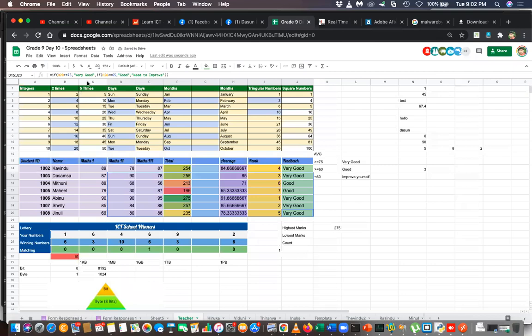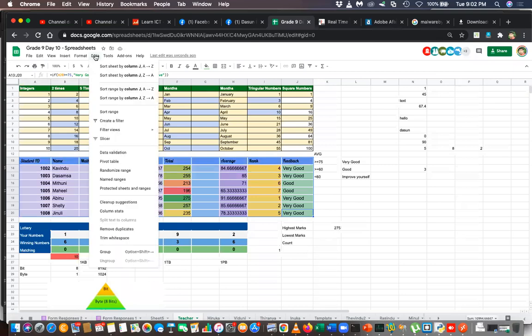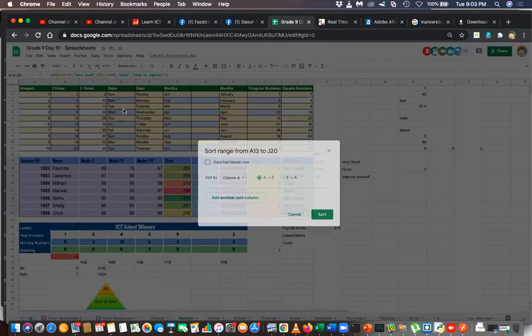Select again, data menu. Here it shows sort sheet by column J, A to Z. So you can select sort range. Data menu, sort range. In sort range, you choose which column you want to sort by.